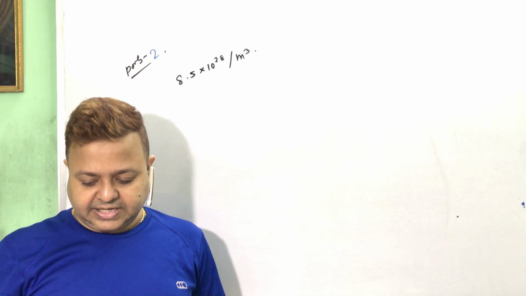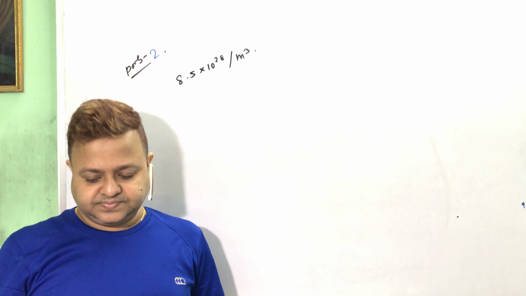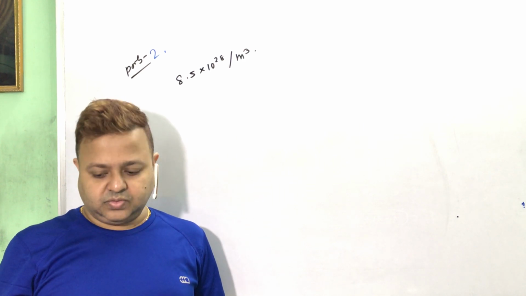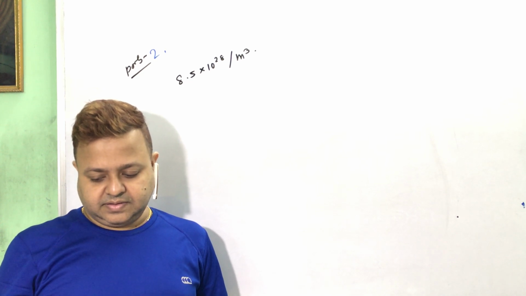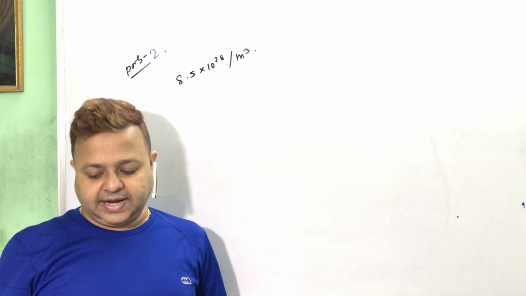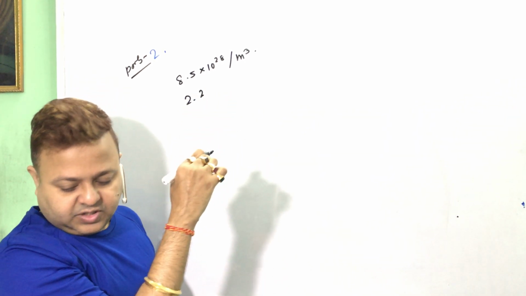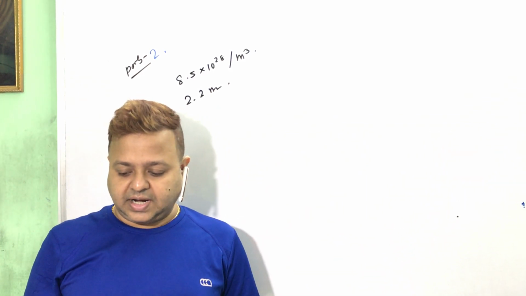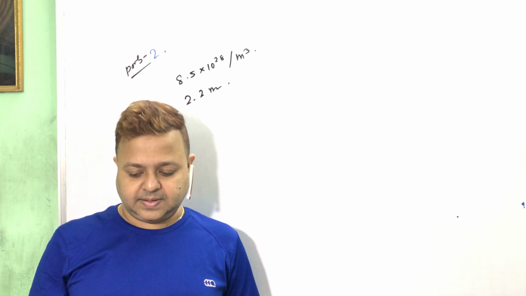What is the time taken by the electron to drift from one end of the wire, 2.2 meter long, to the other end,